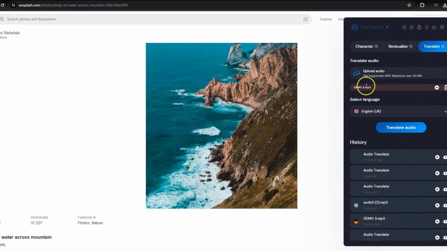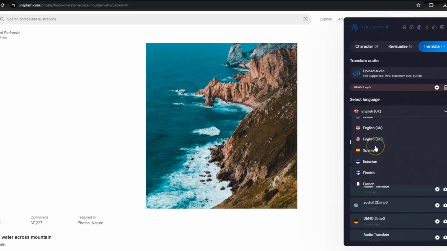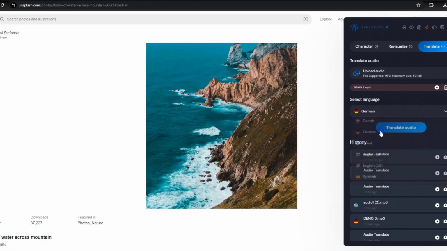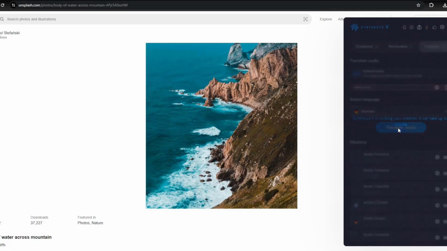All right. Now, say, for example, you uploaded an incorrect file. You want to remove this file and upload the correct one. You can click on the delete button here and then upload the correct one again. Okay. Now, say, for example, I want to translate this particular audio to a different language. We have a long list of languages out here. So, for example, if I want to translate this into, say, German, just select the language out there and click on translate audio,